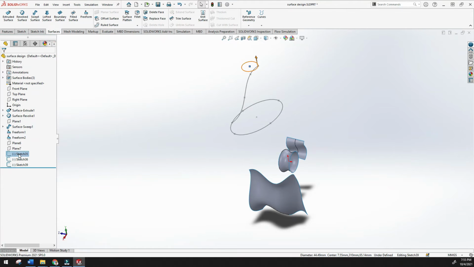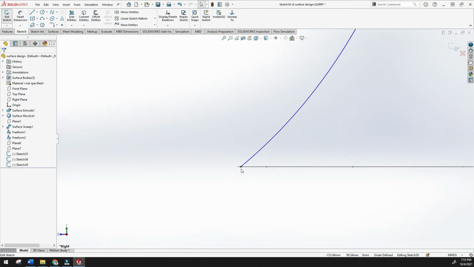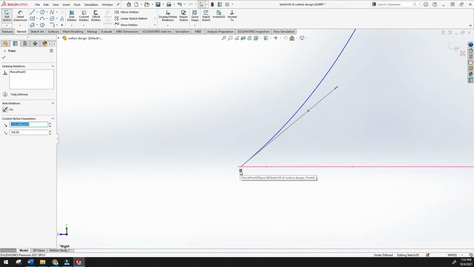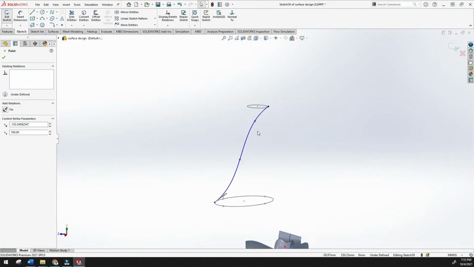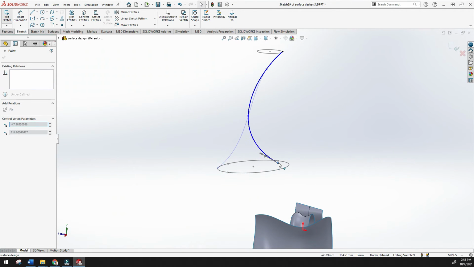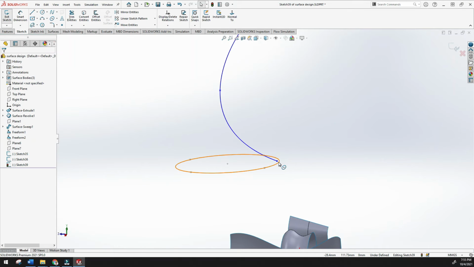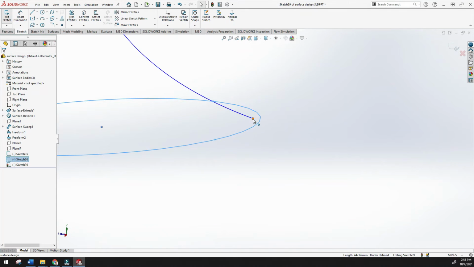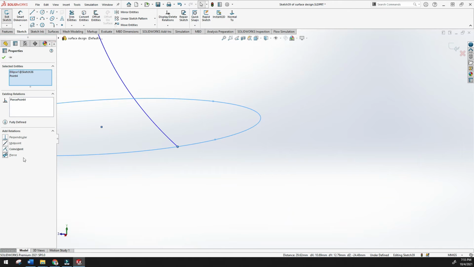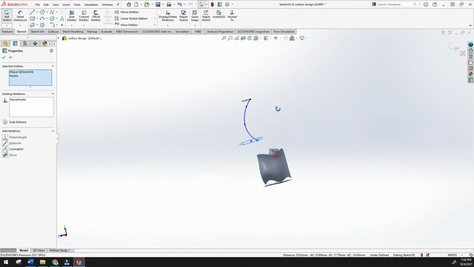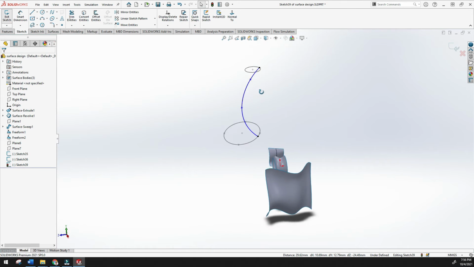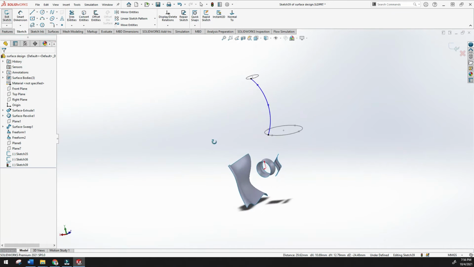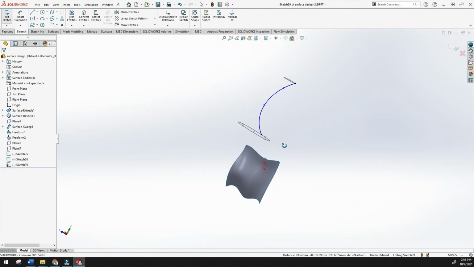Go back, where is the guided curve? This one. Go back, and here you can see, just click this and delete it, okay, and try to connect this one with this point, okay, this circle and this point. Let's try to connect this, okay, it is connected here, okay. Now done. So here you can see this curve and this curve is almost the same side, right? See, here you can see it is the same side.